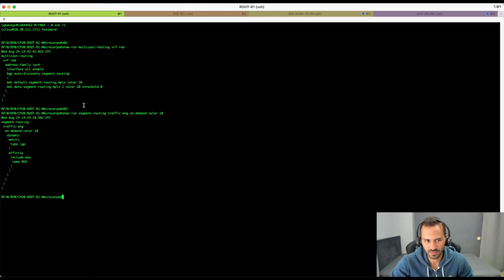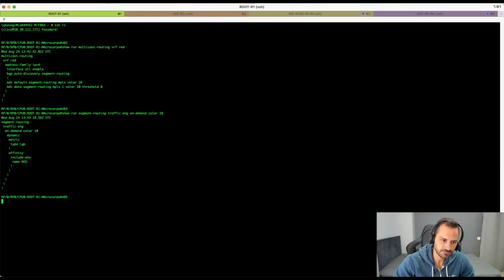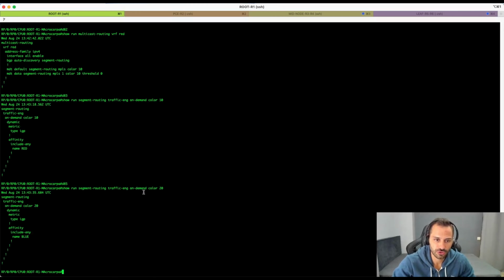Also, the VRF red has segment routing traffic engineering configuration, and we can see the affinity constraint of the red and the IGP metric. Also, we can see that for the blue VRF, the only difference is the name, blue, and the 20 instead of 10, again with the IGP metric. Next step